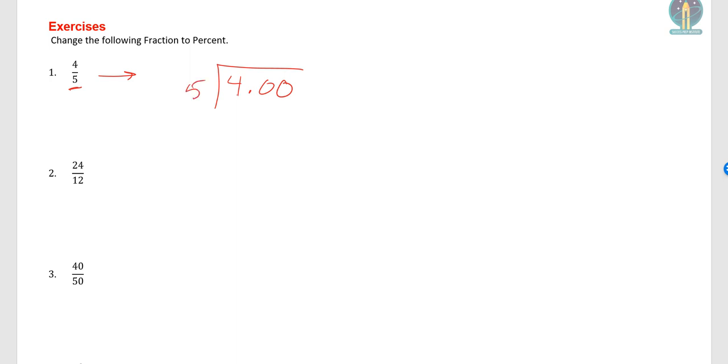So 4 divided by 5 is 0, because there are no full 5s contained within a 4. So it's 0, and then move the point up as is, and then do the next digit with the first digit. So 4 and 0 is 40, so 40 divided by 5 gives me